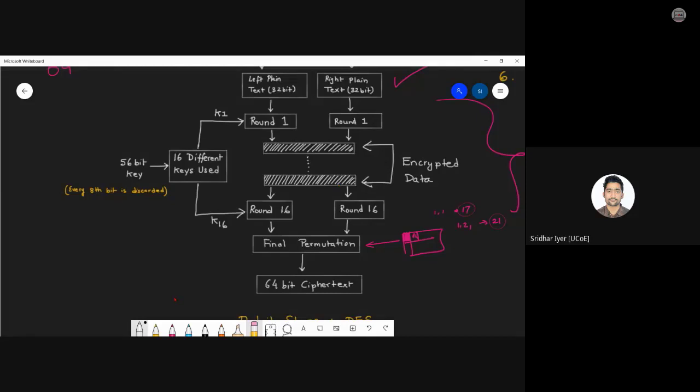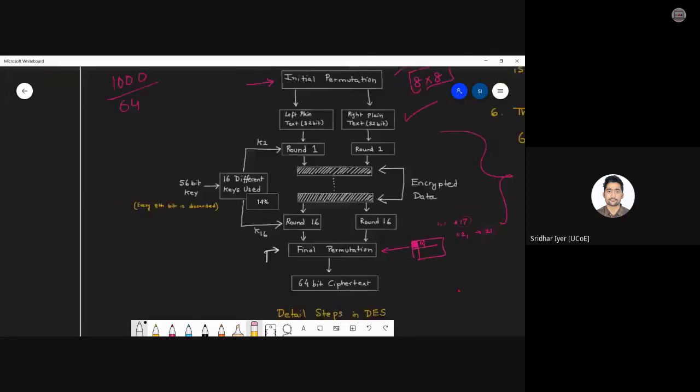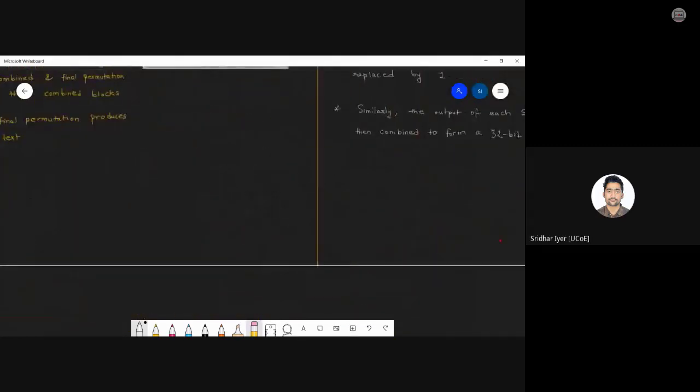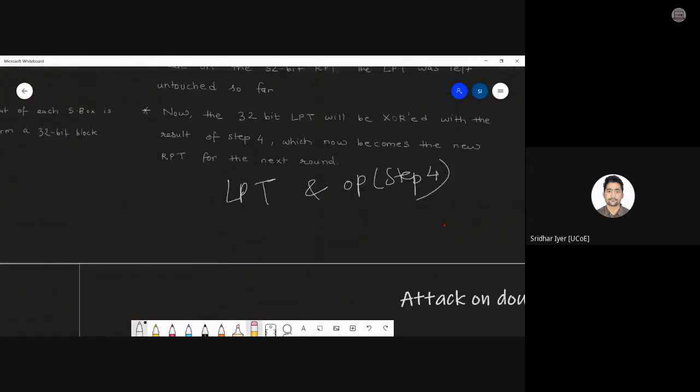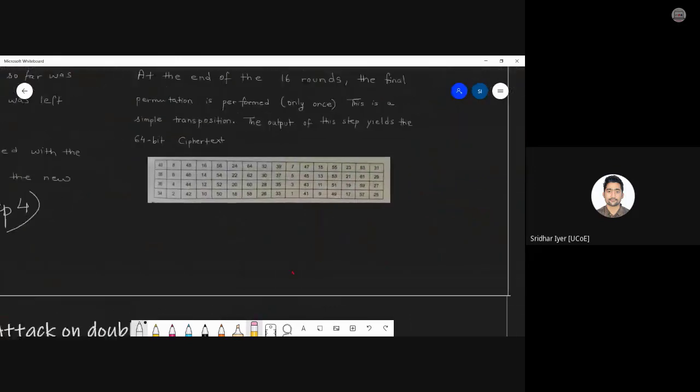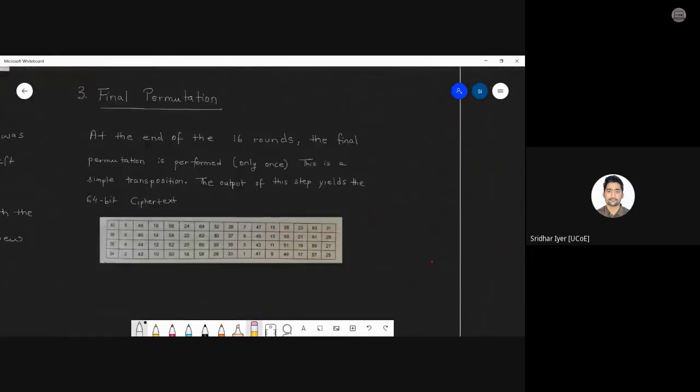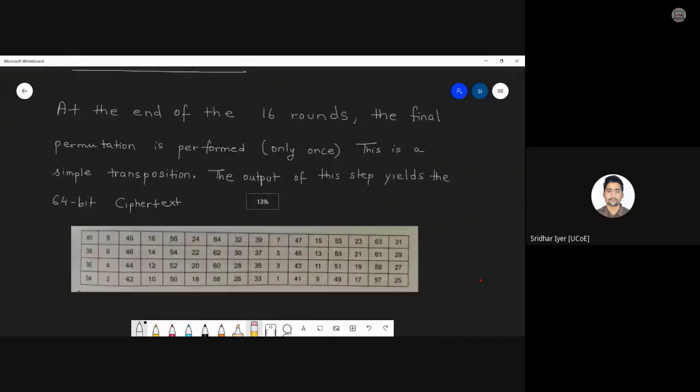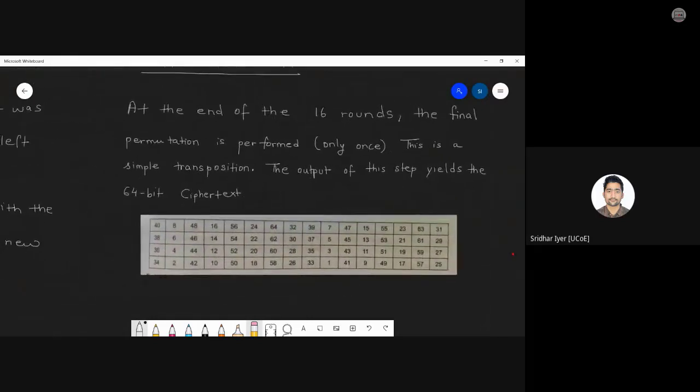So again, you need to follow this table. Again, it's a standard, but you are free to write any value in the exam. At least it should be till 64 and no values should repeat. So you can see it is a 4 by, I guess, how much? 4 by 16, if I'm not wrong. Yeah, it's a 4 by 16 table. In some of the books, it might be 8 by 8. So it doesn't matter. Whatever it is, you can refer to any of the books.